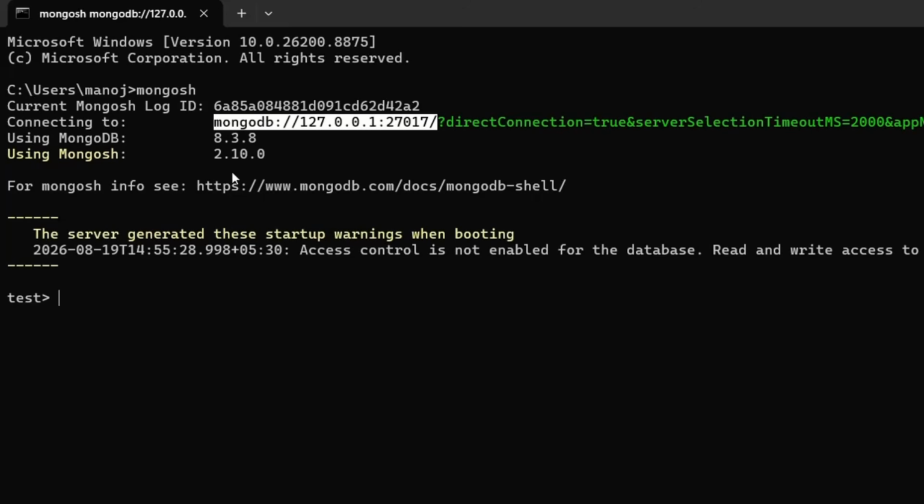Here you can also see which version of MongoDB server is installed. If you remember, we installed this 8.3.8 version of MongoDB server, and here you can also see the version of Mongo shell which is installed on this machine. So now we are connected to the local installation of MongoDB server from Mongo shell. When we ran this mongosh command, it started Mongo shell, and from there we are connected to the local installation